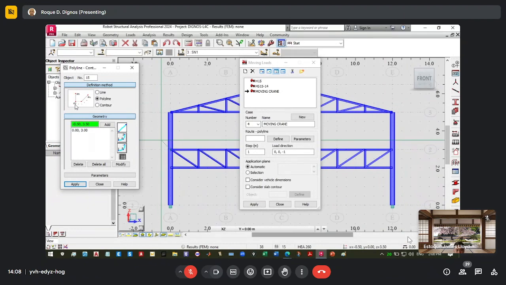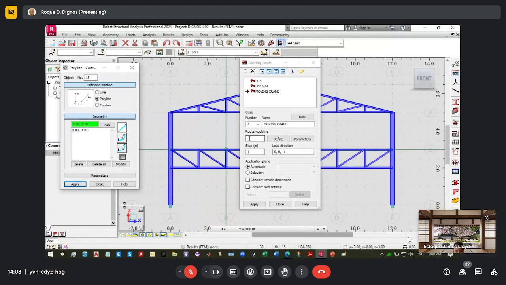If you notice, with your polyline you can define any point, even if you make it twist and turn. We only have P1 and P2 because it is straight. But if you make it turn, you can, because it is a polyline. So as many points as you need for whatever path your moving load travels. But in our case, we use P1 and P2 only.